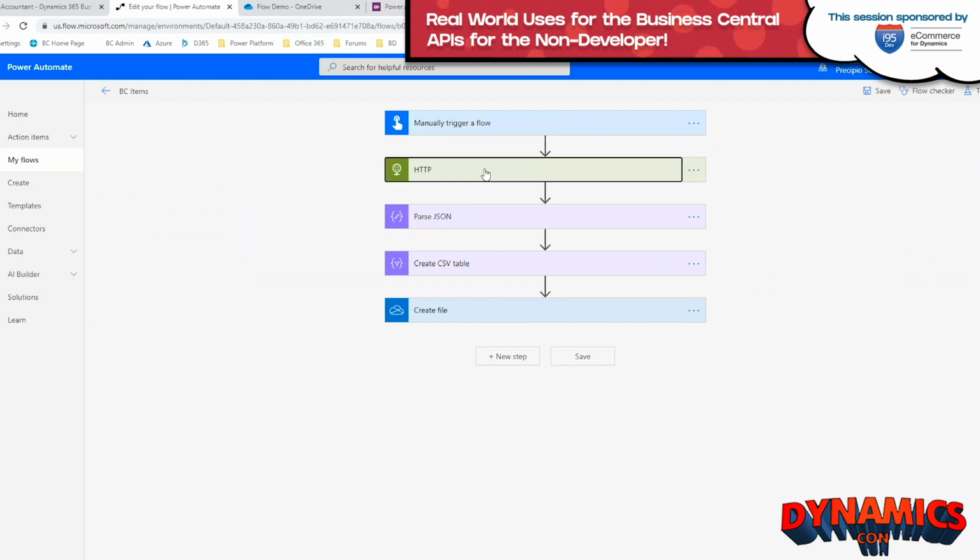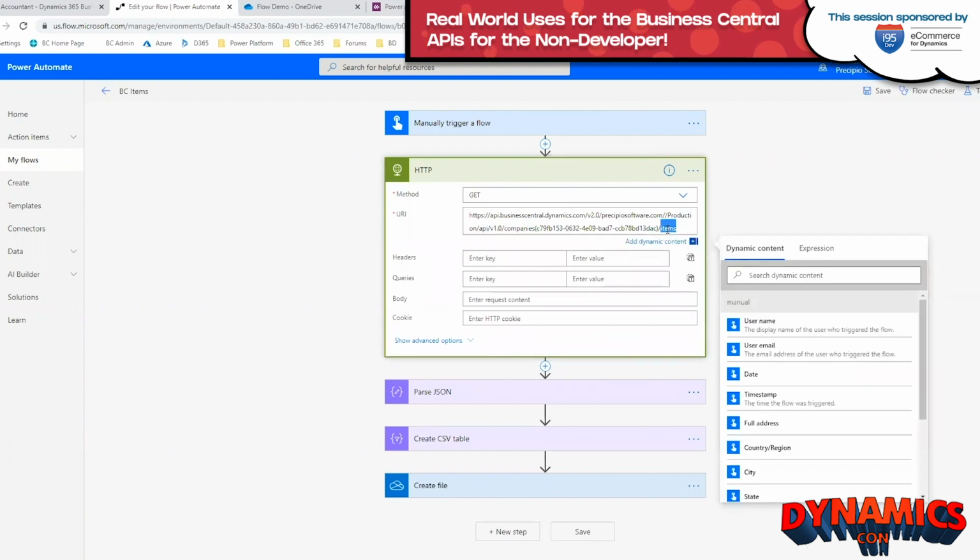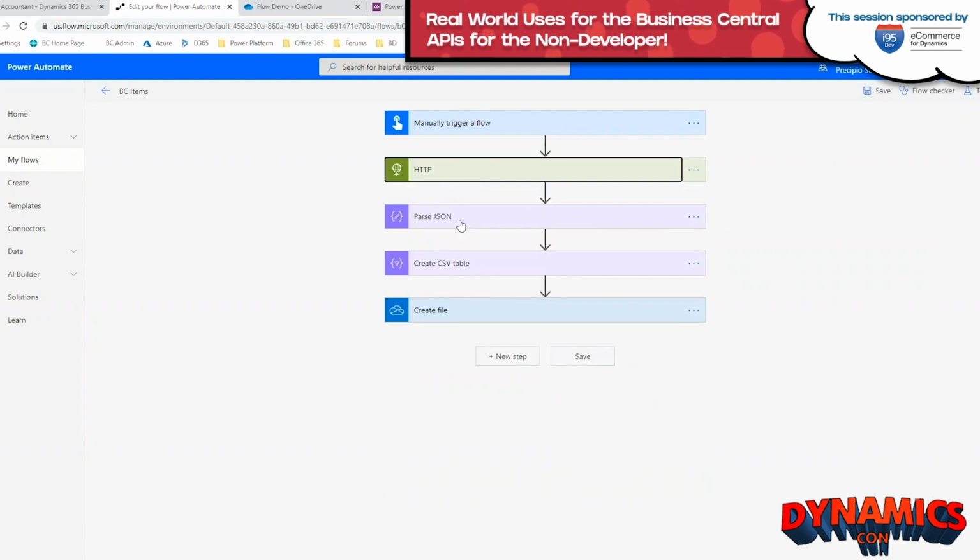This flow will then call the Business Central API, and so I have pasted in the API endpoint to retrieve items from Business Central. Once it retrieves those items, it will parse the JSON data that is returned by the API, and it can convert it into a table, which it can then actually save to a OneDrive shared folder. So once I run this,